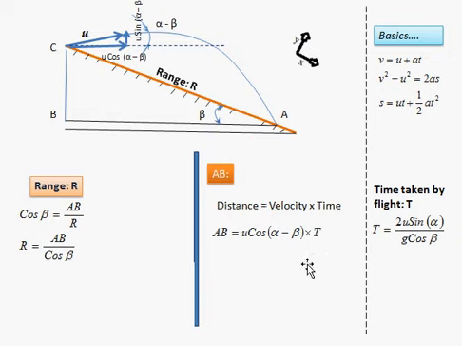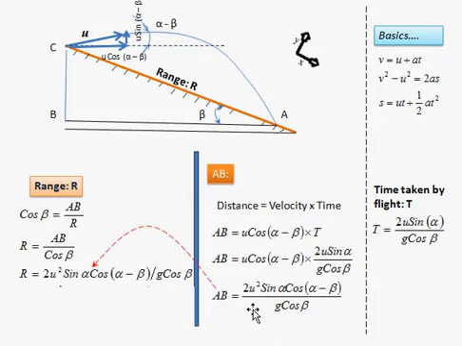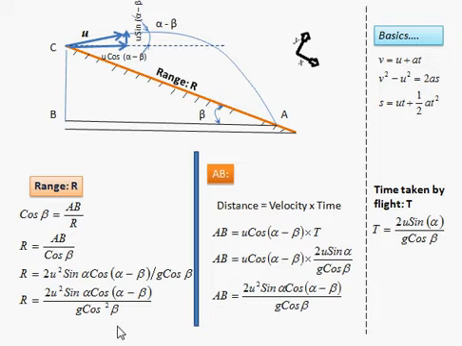And of course, time we already defined as capital T. In the previous derivation part, we have derived that also. Introducing that T here, we get AB like this. So finally, we have arrived at what AB is. Now introducing AB into this equation for R, we get this. And after simplification, we get the R value like this, which is what we need.